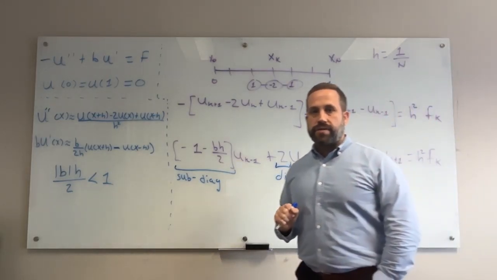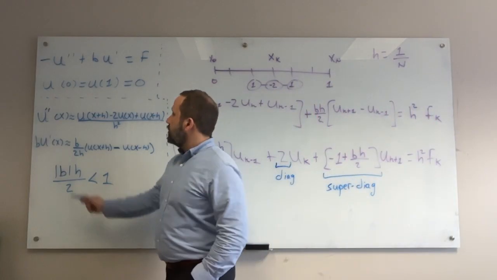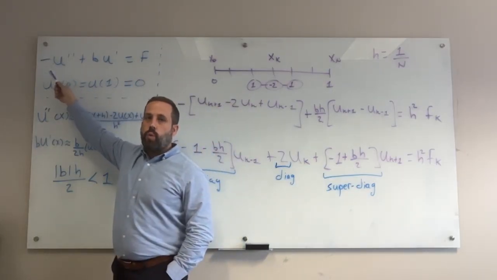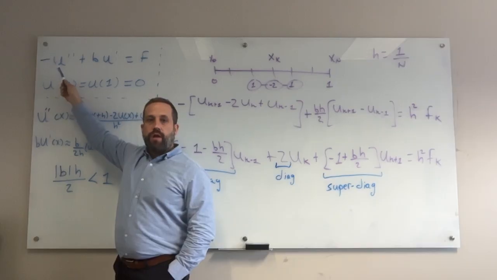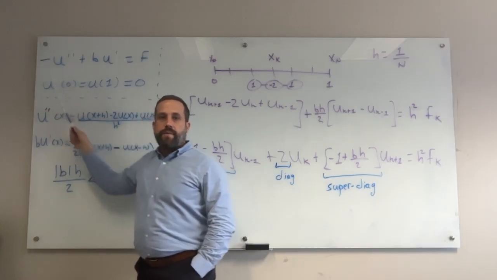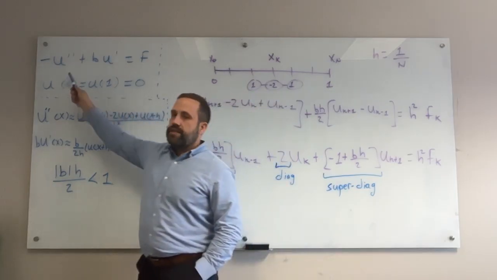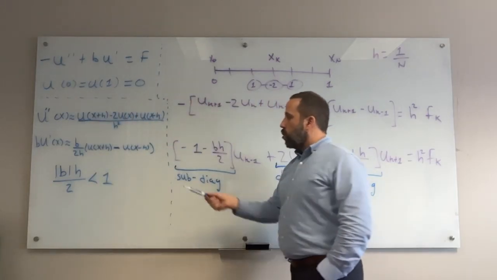And there's a very important thing that I haven't mentioned yet. This is for this equation right here, where the coefficient on u double prime is 1. If we have an equation where the coefficient is not 1, to be able to do this analysis like I did here, we need to divide through so that the coefficient is equal to 1. So what this tells us